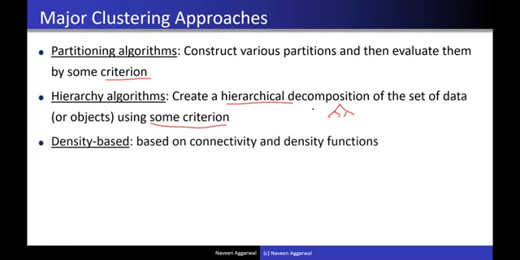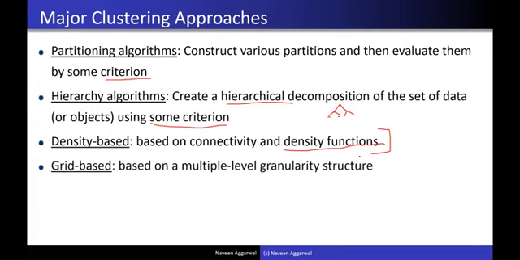Then we have density-based algorithms. In the spatial algorithms, we define the density. Density is the number of elements which are at a particular distance from a centroid. As we discussed in the last lecture, the centroid is defined as an element or an object having a uniform distance from all the other elements. So if the density around an element is more, that density criterion is used rather than a simple distance criterion. Based on that, we divide the partitions.